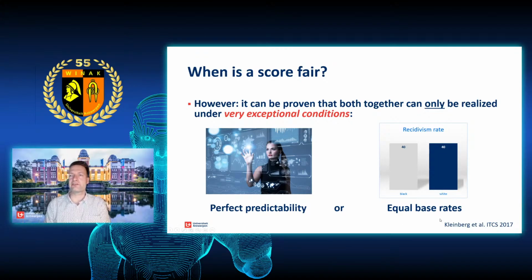But when you do not have this equal base rate, if there is a difference in criminality between the black and the white population, and I'm absolutely not claiming a causal relationship, what I'm saying is a correlation because of social circumstances, then unless we have the perfect classifier, we will always have to trade one against the other. If you want to have calibration, we will not have the equal odds, the ProPublica condition. If we have the ProPublica condition, we cannot have calibration.